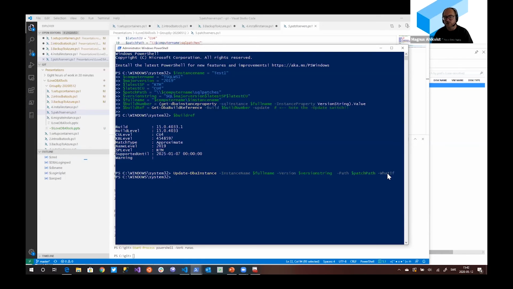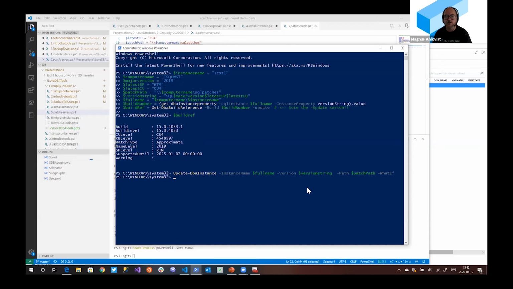So you don't need to know beforehand what build number you have on every instance. You can just run Update-DbaInstance and give the command the desired version by using the version string. And I kind of like that when I'm tasked with installing cumulative updates or service packs on